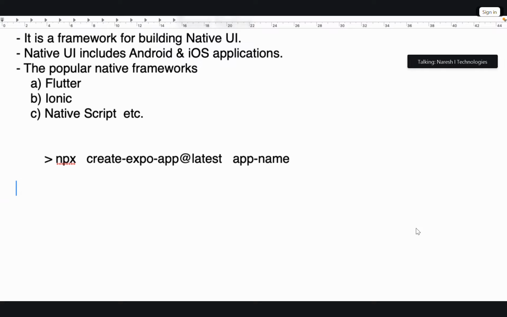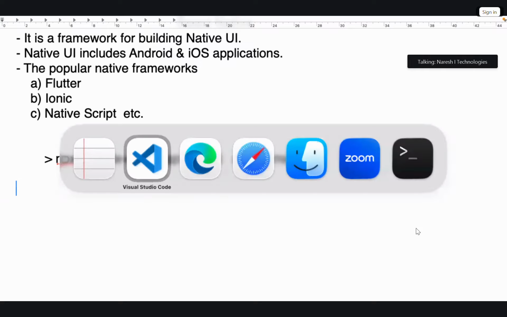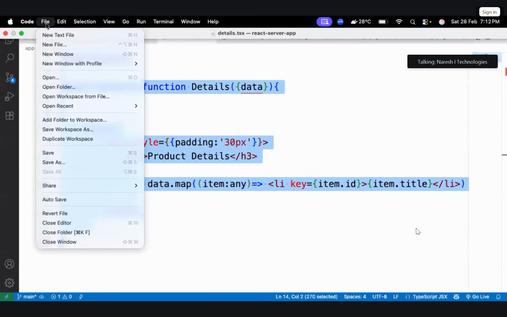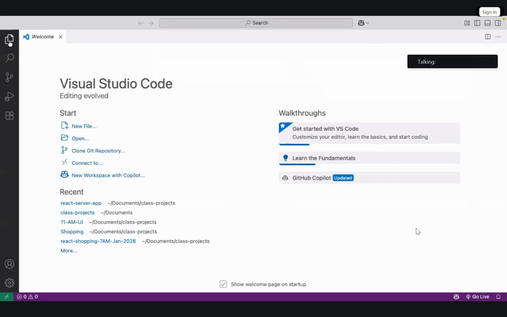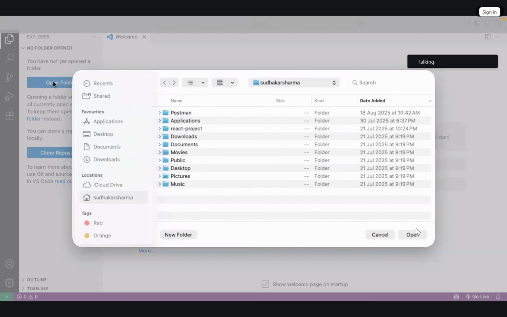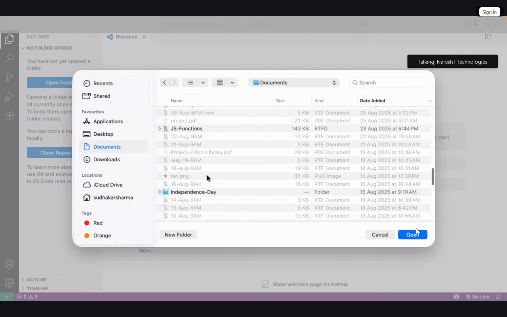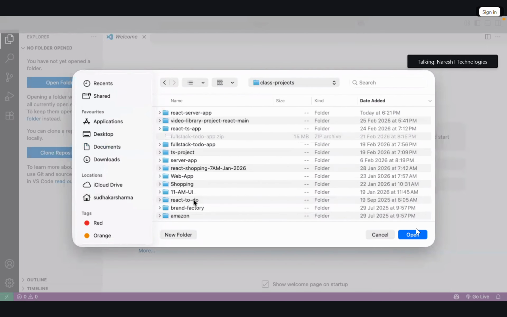It uses React. Expo is the framework library I will use. I am opening documents and the class projects.